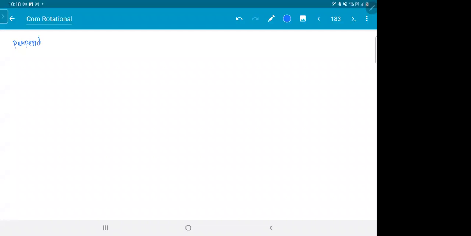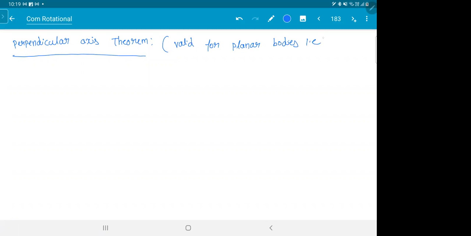That is about the parallel axis theorem. The next thing is the perpendicular axis theorem. If you see the definition only. Before going ahead, there is one condition for this. This is valid only for planar bodies, meaning sheets. Unlike the parallel axis theorem, which you could use for solid spheres, cylinders, cubes, you can't use all these things for this. You can use it only for sheets. Square plate, rectangular plate, triangular plate, plates like that only.